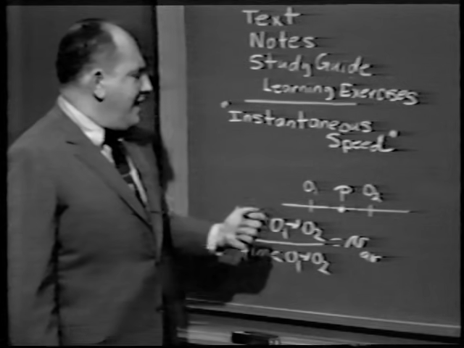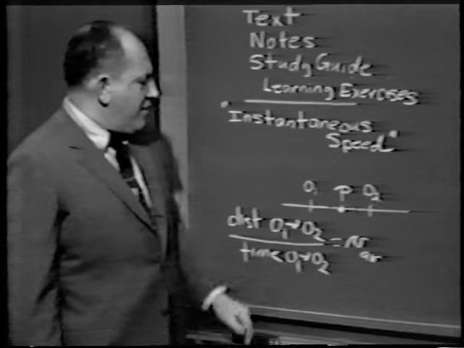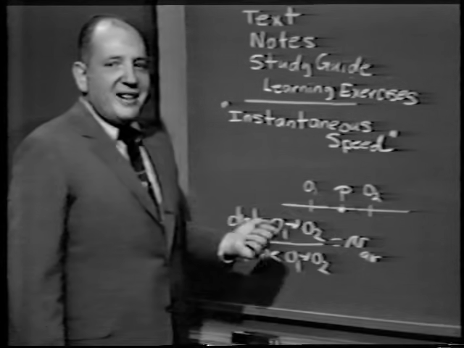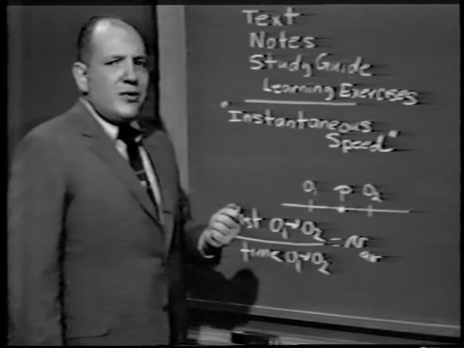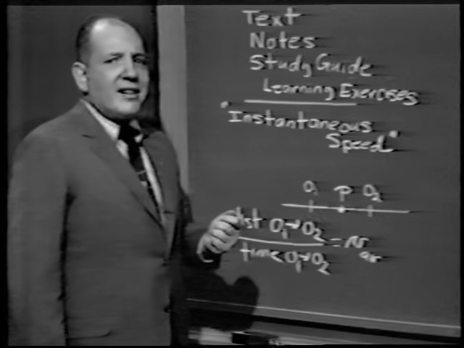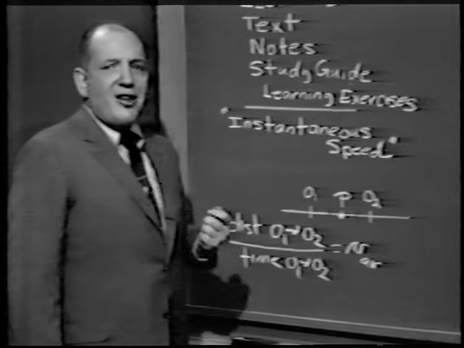And so we get the idea that maybe what we should do is make the observers get closer and closer together. That would minimize the difference between the average speed and the instantaneous rate of speed. And maybe the optimal thing would happen when the two observers were together. But the strange part is, and this is where calculus really begins, this is what calculus is all about, as